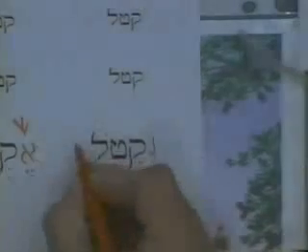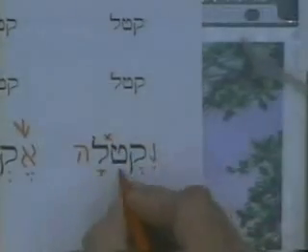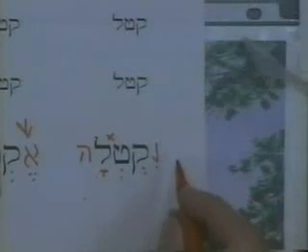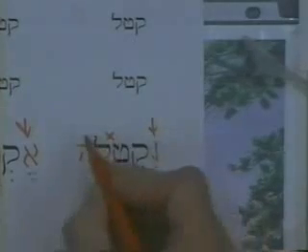Now, for the plural, essentially the same thing happens. You lengthen the form out by adding a qamets heh to the end. You get the same reduction of the vowel there. So niqtela. Now again, you can't really mistake this for much else because you've got the nun on the front that's going to tell you it's first person, and you're going to say, hey, what's that heh on the end? And you say, oh yes, first person form with an extra heh on the end is cohortative. So that's all there is to these.